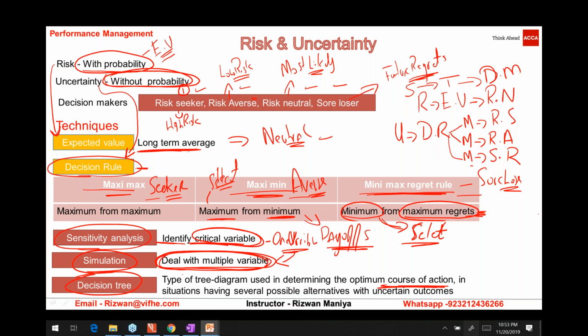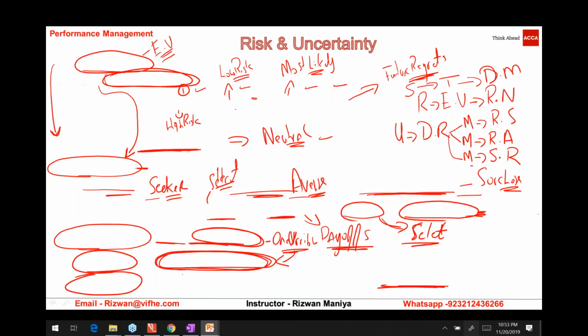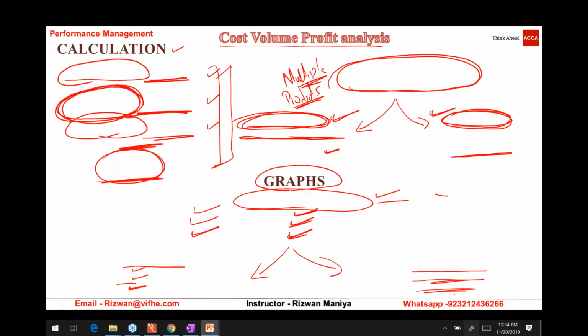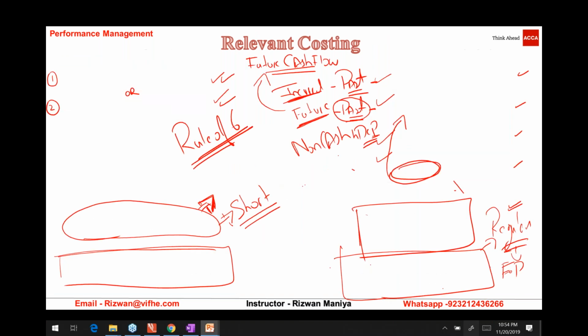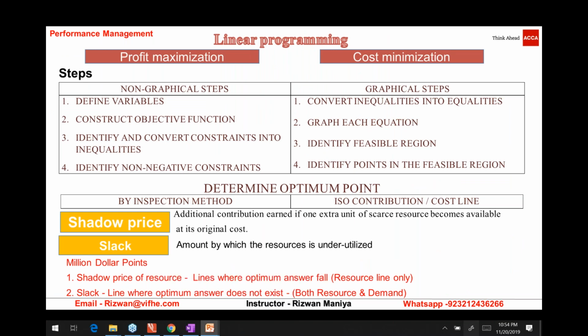So sensitivity assumes one variable change, whereas simulation assumes multiple changes will occur. Simulation is a technique through which we consider multiple variable changes. The calculation part of simulation is out of our syllabus, so don't be confused about that. We don't have to bother about that very much, and you just